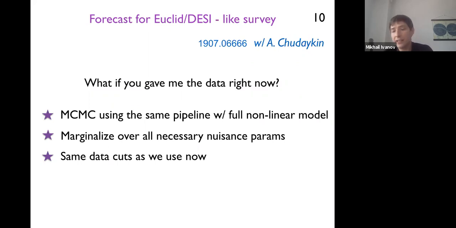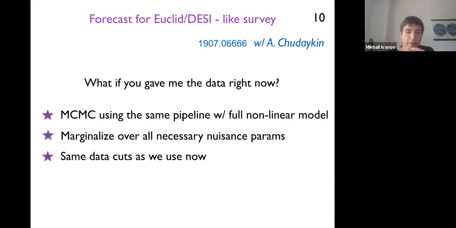And I guess the main idea of these forecasts was the following. What if you gave me the data right now? Because we already have the pipeline, we have everything. What would be the constraints? So we don't need to build any extra infrastructure.